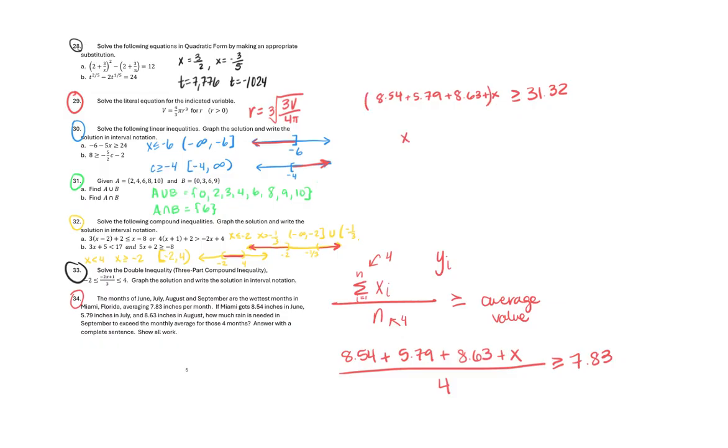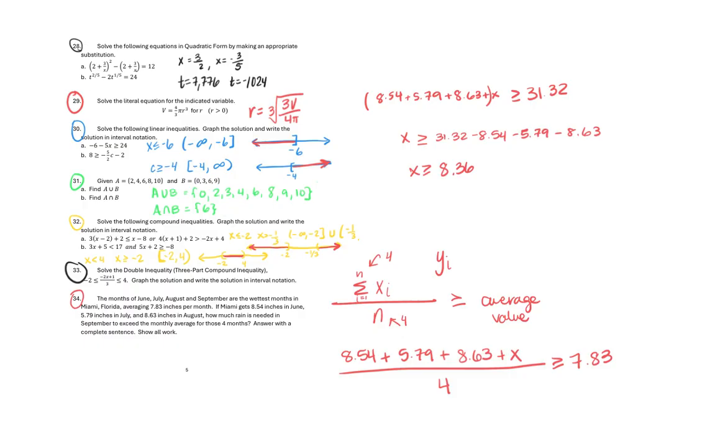So we'll have x is greater than 31.32 minus 8.54 minus 5.79 minus 8.63. So let's see what that number is. 31.32 minus 8.54 minus 5.79 minus 8.63, and we get that x is greater than or equal to